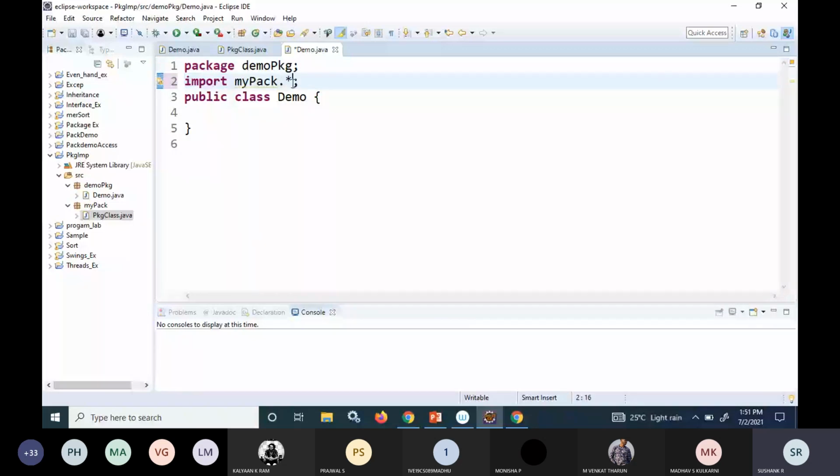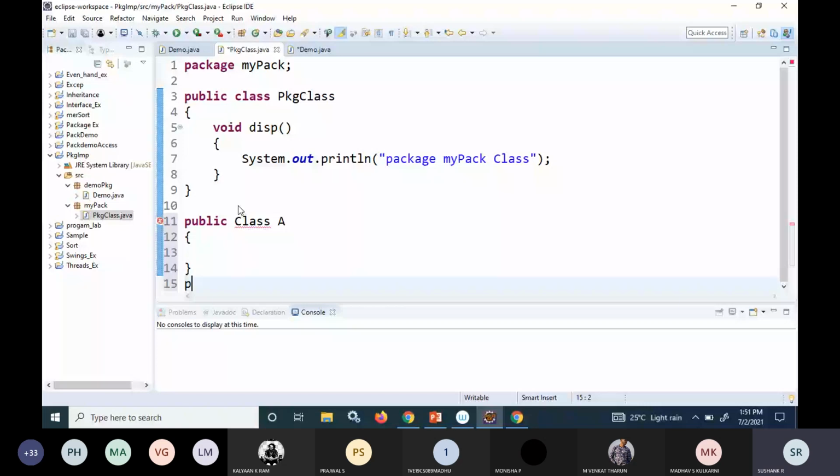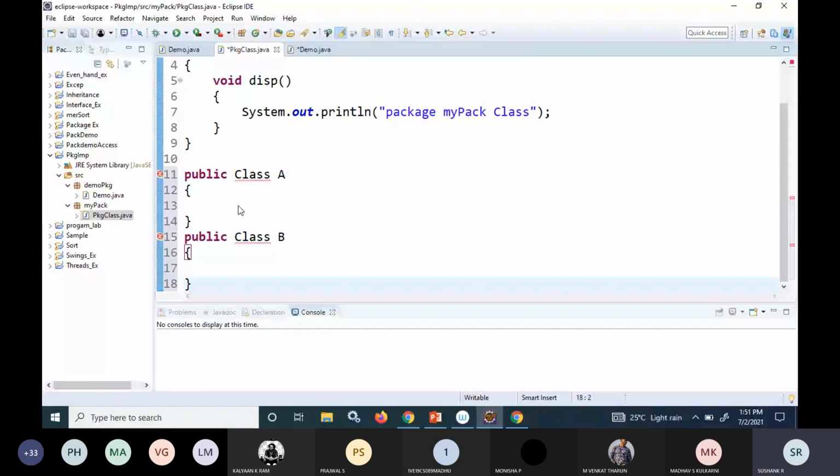For example, if it contained a few more classes, like public class A and public class B. Now, when I use this statement, the class name should be case sensitive.